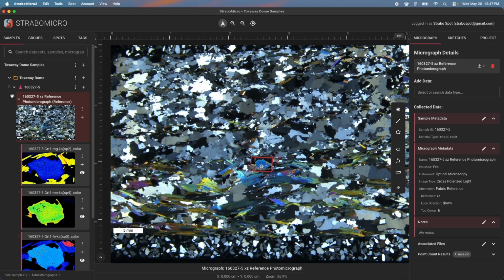load those micrographs, both reference and associated. You can add one at a time, add new reference micrograph, or batch import reference micrographs, which means import several at the same time. One at a time allows you to orient and scale each image as you upload. Batch importing allows you to bring all of the images into StraboMicro and then orient and scale them one at